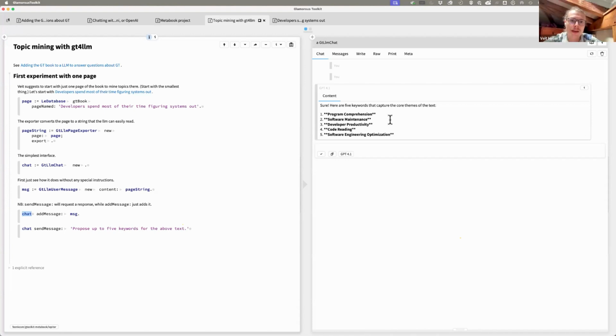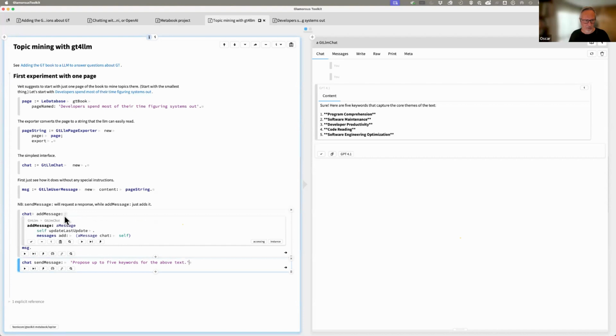Okay, so now I think what we should do at least is tell it the context of the text. So maybe tell it that this is a chapter of the Glamorous Toolkit book. Yeah, what I was thinking was that we should tell it that it is part of the Glamorous Toolkit book, just so it can get better keywords in that context. For the above,